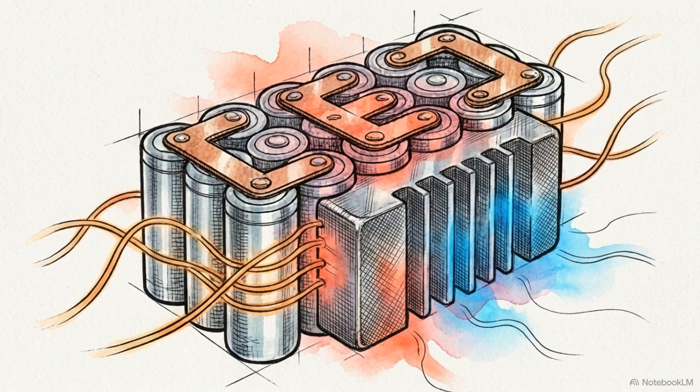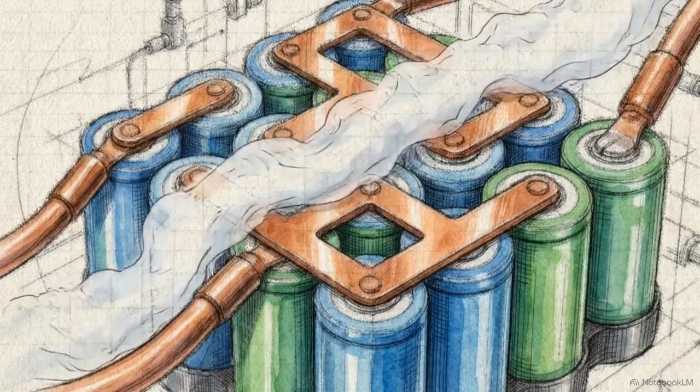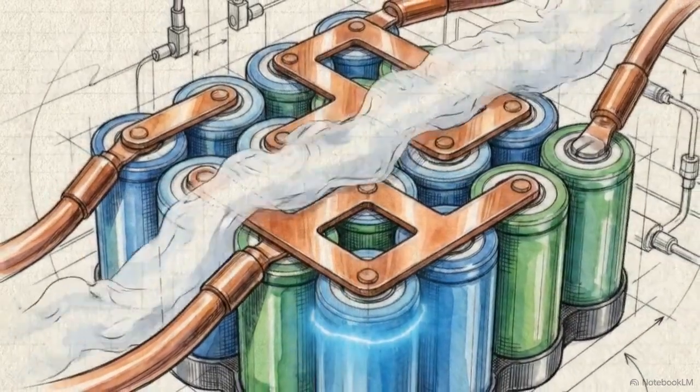The consolidated data at the 1-hour cutoff confirms the electrical and thermal behavior of the 4S pack. Load severity dictates both usable energy and structural stress. The 2.0 amp run delivers 26.3 watt-hours, but incurs the maximum 0.56 degree temperature rise. Managing a multi-cell pack requires balancing power demands against narrowing voltage windows, while enforcing the thermal safeguarding protocols necessary to